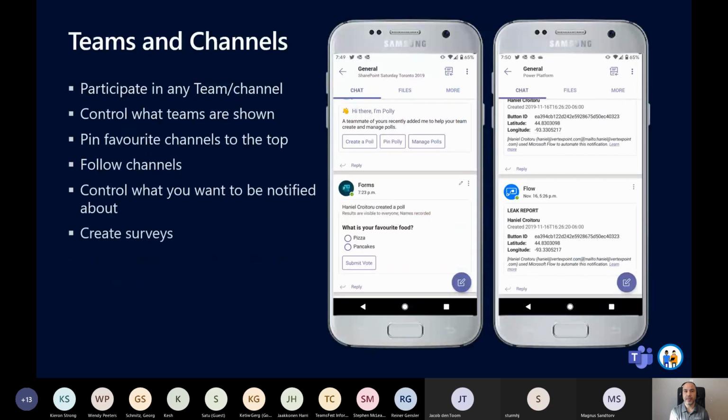And then from a Teams perspective, so if I want to have discussions with my teammates on different channels, there's the concept right now of private channels. So if you want to provide information or have conversations with a subset, you can do that. You can pin your channel. So if let's say that you have a lot of teams, which a lot of us are now facing, is that there's that proliferation. So you may want to have a few channels that you are working with most frequently, and you want to pin those to the top. You can do that. What's nice is that if you do it on your desktop, it actually follows you right to the phone. So you don't have to make those configurations in two different places.